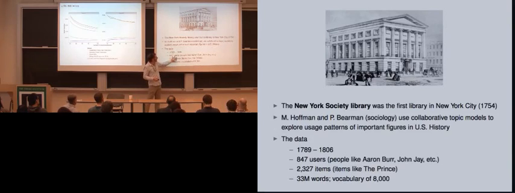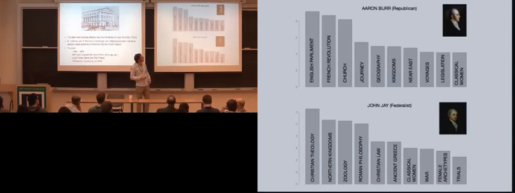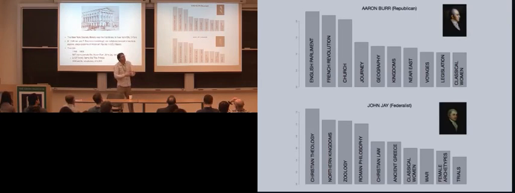There's 847 people, like John Jay, Aaron Burr, who I'm going to show you in a second. They have 2,300 items and 33 million words, with a vocabulary of 8,000. Okay, so now they looked at the documents, but they care about the people. So I don't know very much about U.S. history. It's embarrassing, but there was this great rift between they were called the Democratic Republicans. They're not like today's Republicans who don't check out many books from the library, but they're Democratic Republicans who were kind